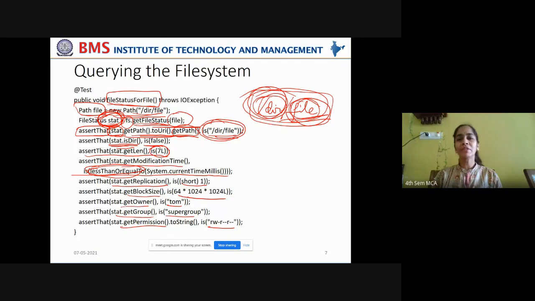So what you're doing with this assert function, whatever is the status of the file, whether that status obtained is equal to that file's existing parameters, whether both are matching or not. If it is matching, then you are accessing the right file. Okay, that can be understood from a FileStatus method.